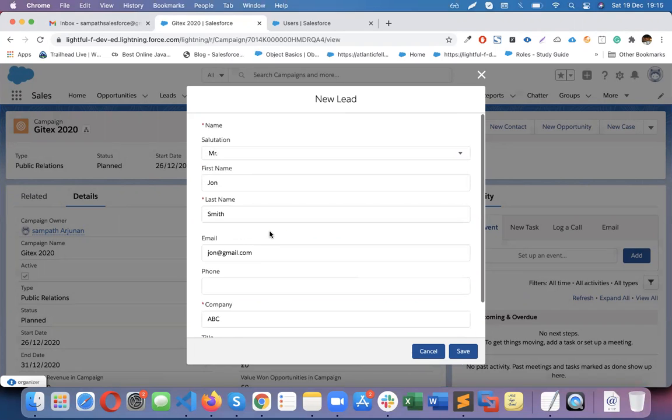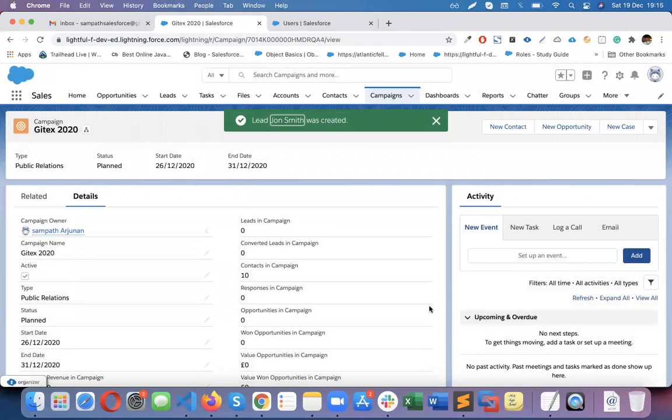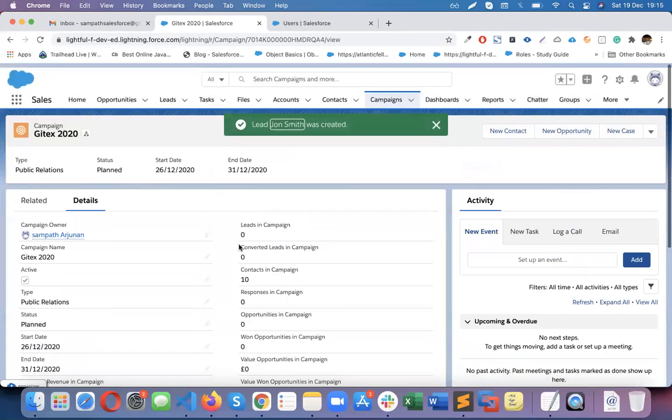So you are participating in GITEX, and during this campaign you come to know of a new lead and you save it into the system. Lead means it's an inquiry. Okay. Now, as soon as you enter it,